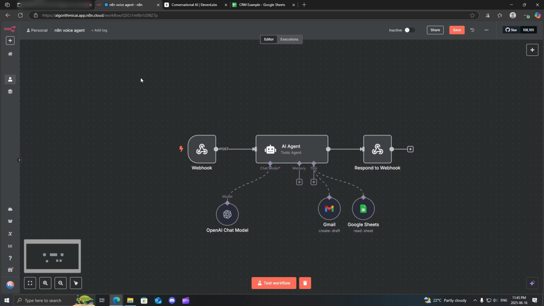I'm going to be showing you how you can create a voice agent using n8n. Now, in order to actually do so, you do need another application which will handle the voice part. There is no direct way to communicate via voice like there is when you can use the chat pop-up. So for this, we're going to be using 11 Labs, but there are other platforms you can use. Anything that is able to use a tool call via an API, or you can even use WhatsApp if you